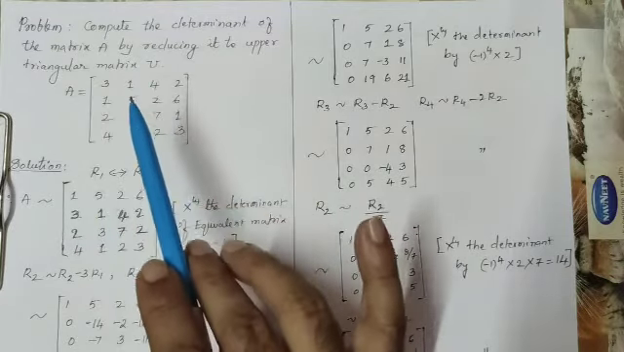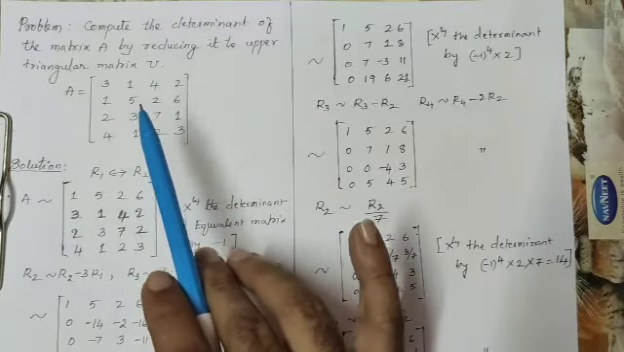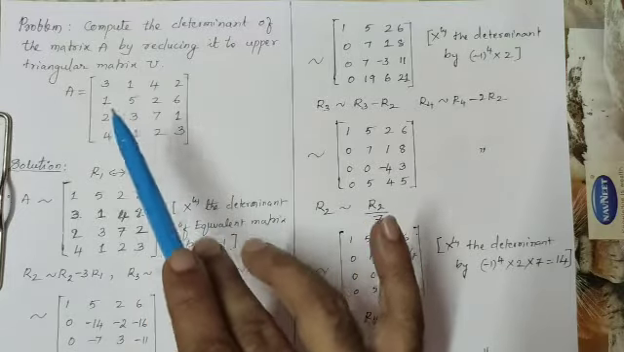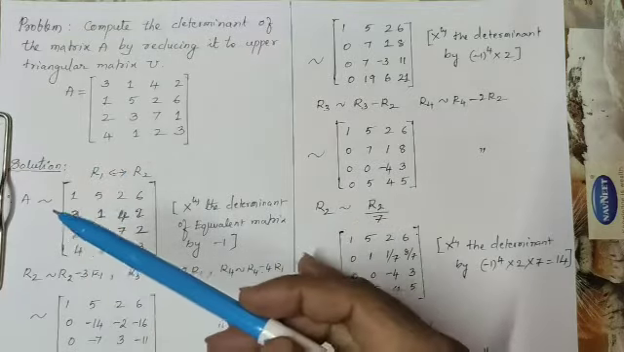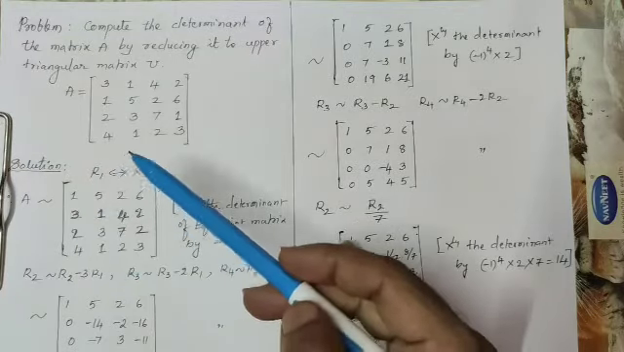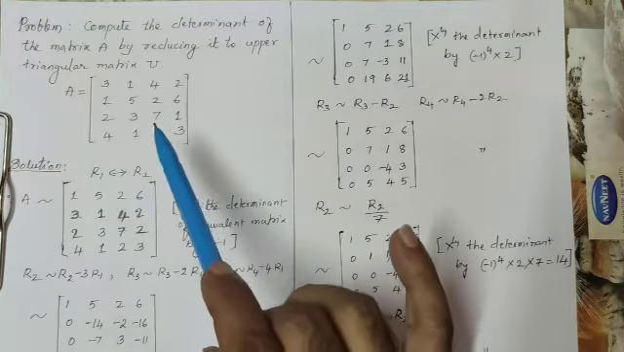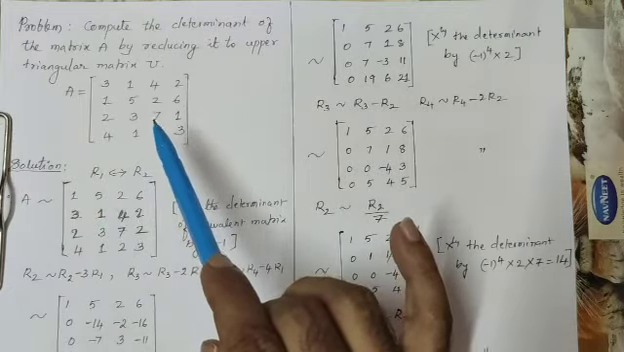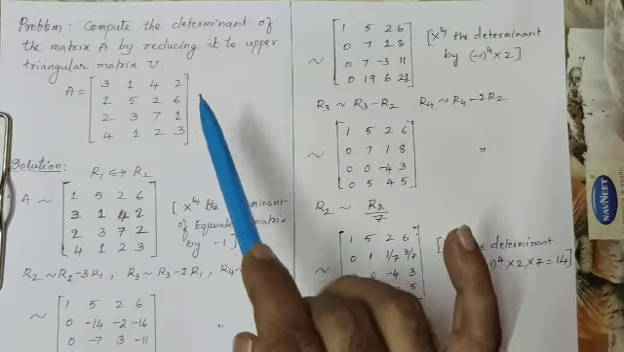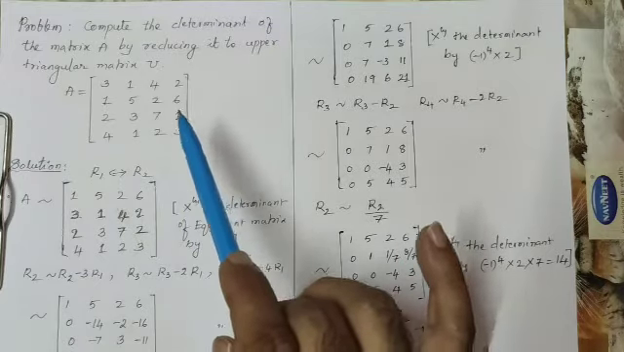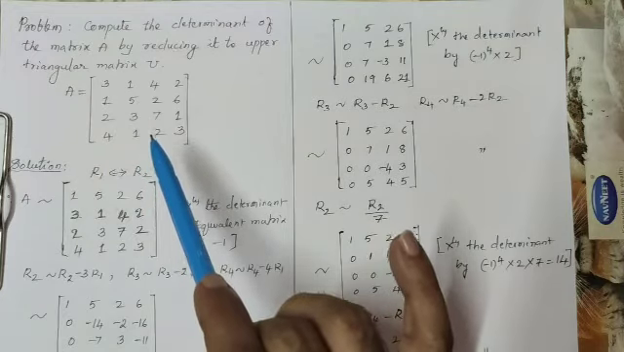Here we need to remember some of the properties of the determinant of a matrix. The first one is that interchanging any two rows will change the sign. And the second one is if you multiply any row by some non-zero constant k, then we have to multiply the determinant of the equivalent matrix by 1 by k. Or if you multiply any row by 1 by k, then we have to multiply the determinant of the equivalent